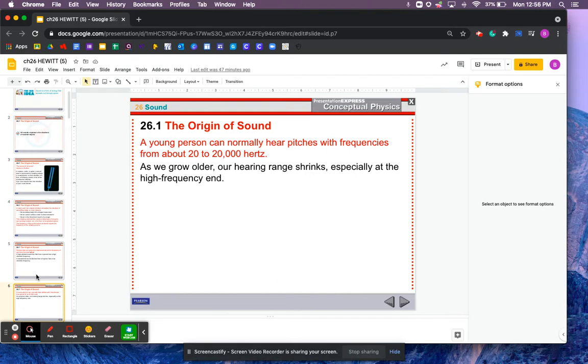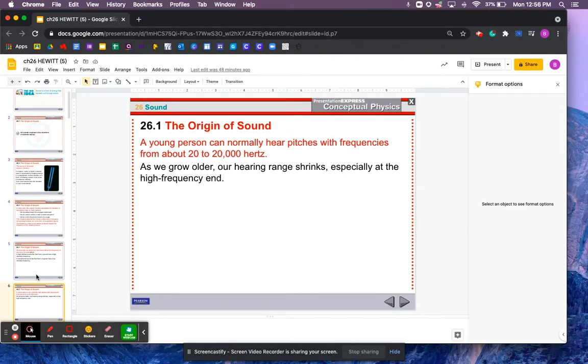They can hear frequencies up to 40,000 hertz, but you can only hear up to 20,000 hertz. And believe it or not, as you get older, your hearing range shrinks, meaning you're not going to be able to hear those really high frequencies, and you're not going to be able to hear the low frequencies as well. There's an app you can get on your phone, or a little test you can do, which is really neat. You just Google hearing test, and you can see the highest frequency and the lowest frequency that you can hear.